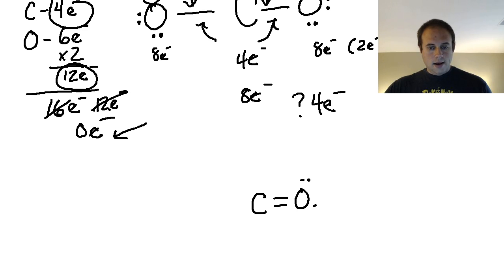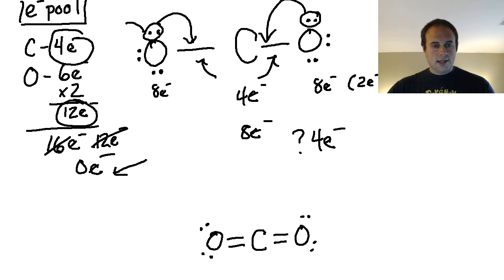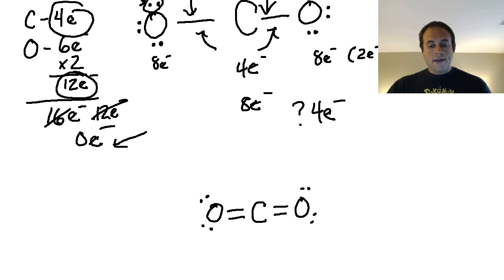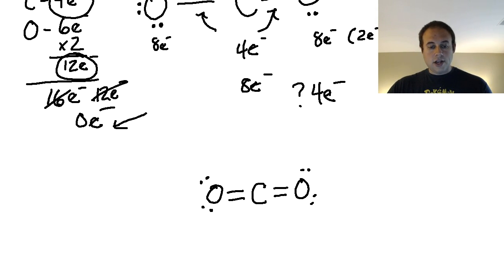Now this double bond comes from the lone pairs of electrons. Okay, so this set of non-bonding electrons, and the term lone pair is used interchangeably with non-bonding electrons, and this set, they both got dumped in to create new bonds, and now everything has a fulfilled valence shell